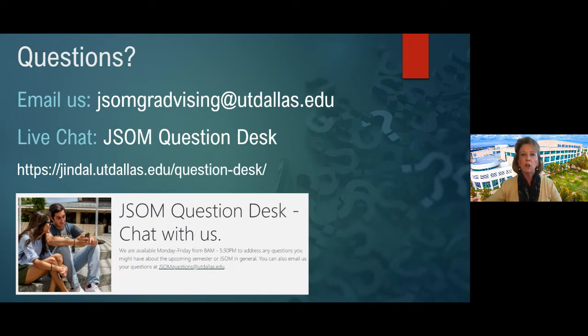Generally speaking, no first semester students are ever hired in teaching assistantships. The faculty want to hire students that they know have performed academically very well in classes that the students will be doing teaching assistant roles with. We do have an employment website on the Jindal School website where you can just search for employment,